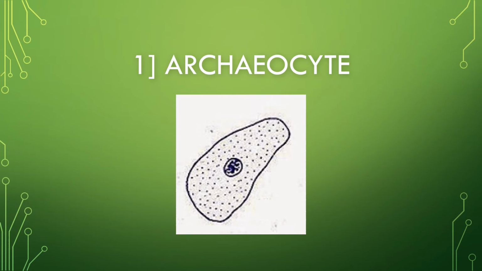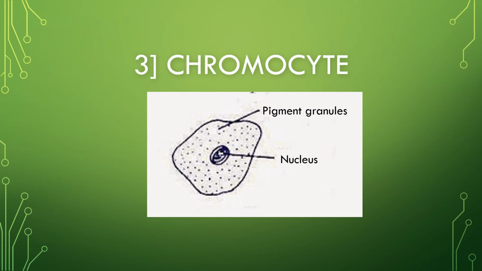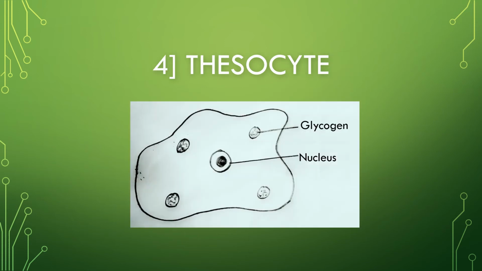Cells which can convert into any other kinds of cells within an animal are called totipotent. Collencyte. These are small amoeboid cells with long branching and anastomosing pseudopodia that form a syncytial network. These represent the connective tissue cells. The amoebocytes with lobose pseudopodia and pigment granules are known as chromocytes. These are cells filled with reserve food materials like glycogen.